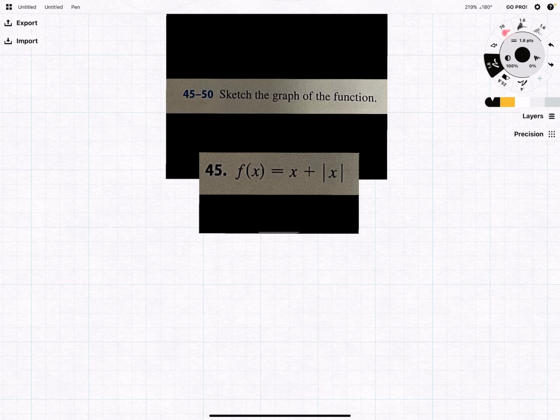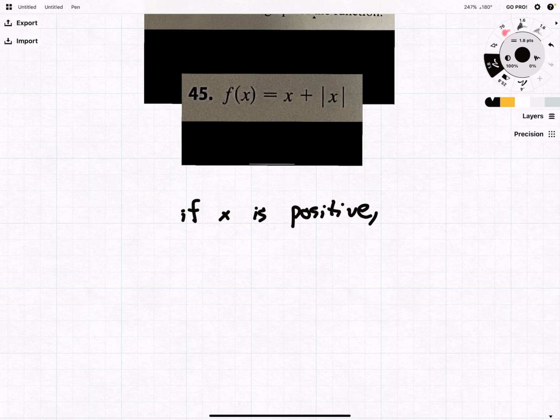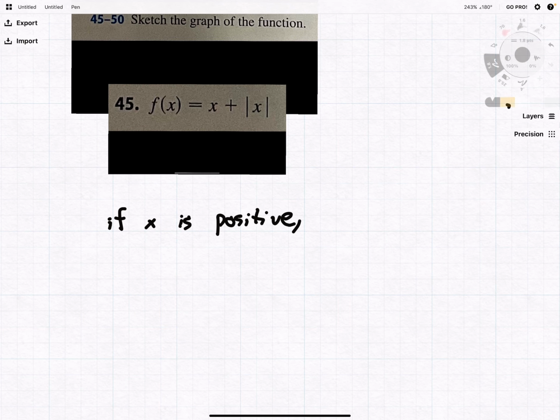Now, this is actually a really interesting function to have because when we have x plus absolute value of x, in a way, you can almost break it up into a piecewise function. And the reason for that is because, let's just do a little thought experiment first. If x is positive, then this x value here,